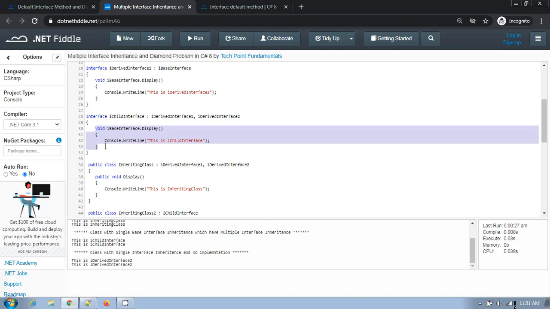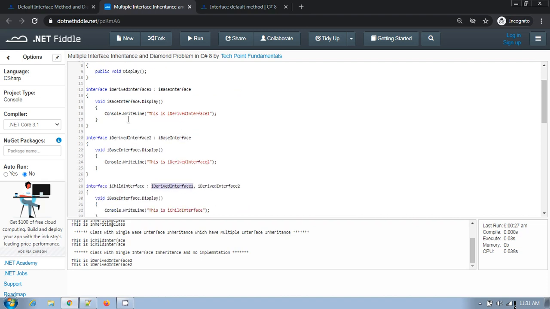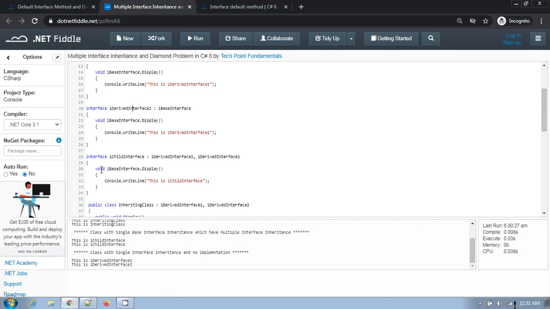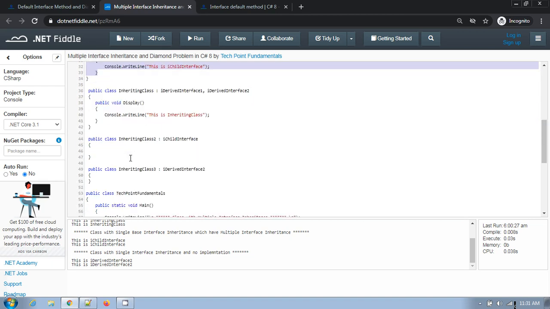So this implementation overrides all the base interface implementations which I have written here in IDerived interface 1 and IDerived interface 2. Since I have provided the implementation in the most downside, most specific place, that is IChild interface, this implementation overrides all the base implementations here.